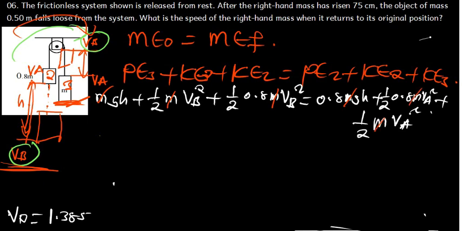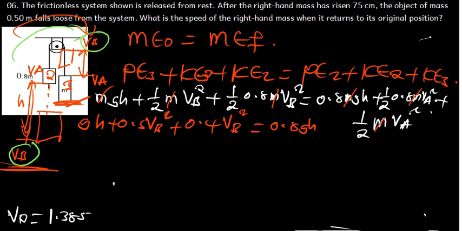So we're going to have gh, okay, plus this one is same as 0.5, 1 over 2 is 0.5 vb squared, plus this one is going to be 0.5 times 0.8, which is going to be 0.4. So 0.4 vb squared I'm going to have equal to, I also have